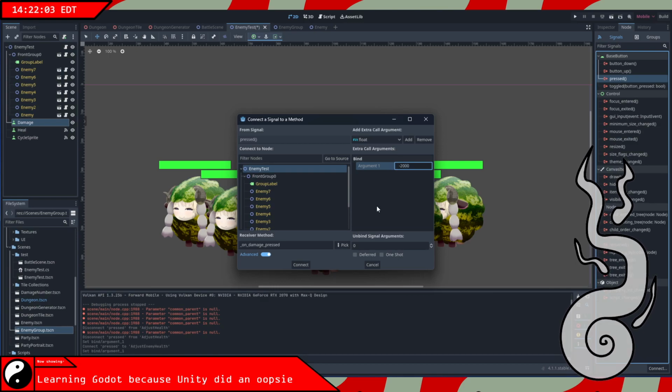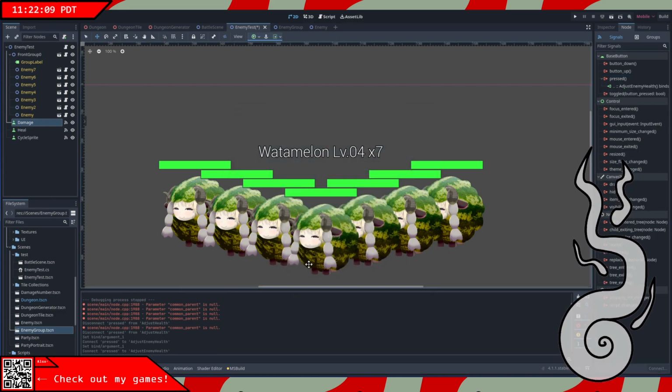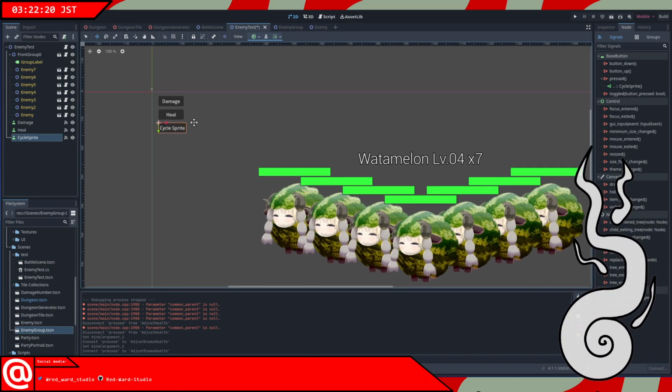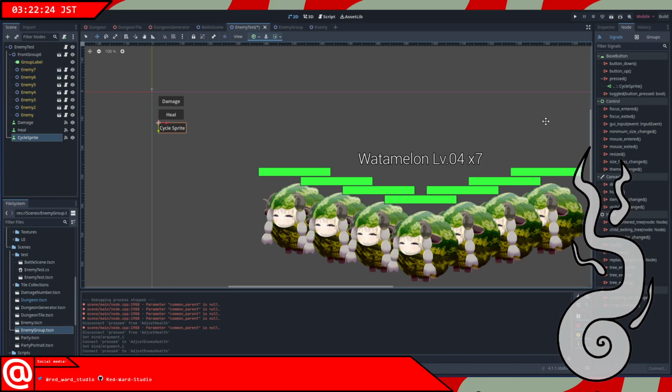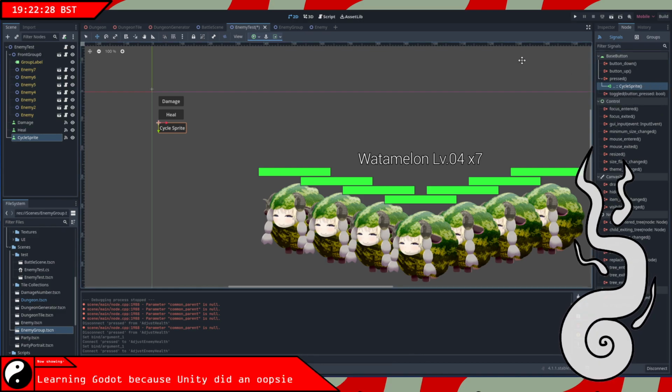-2000. Just enemy health. Yep. Cycle sprite. That's because cycle sprite was on the enemy testing anyway. So yeah, cycle sprite was added to the